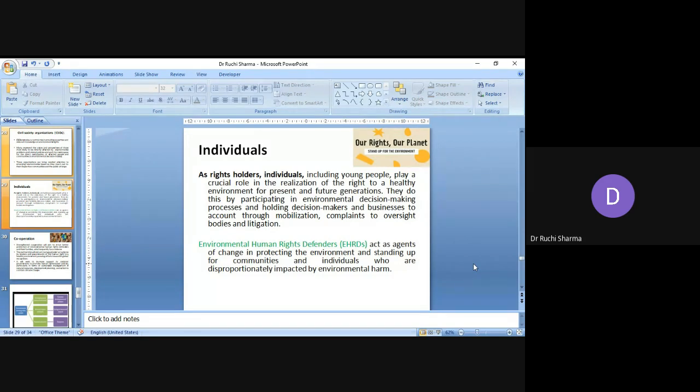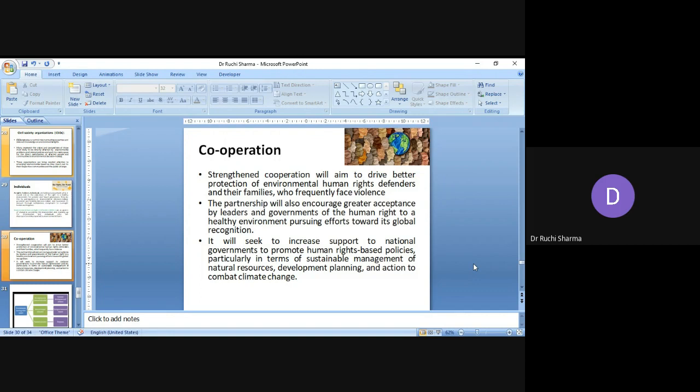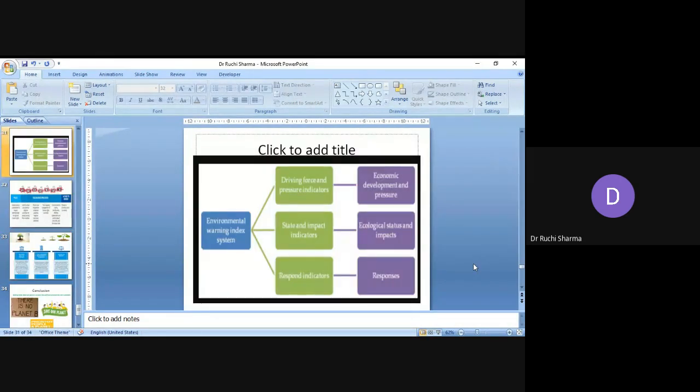As individuals, if we are attempting to bring any kind of change in our environment, we need the support of others also. We are all responsible for making the change. So cooperatively we can all come together, where it is not only the individual but also the state, the civil society organizations, and the business organizations. We all in a cooperative way can deal with the climate crisis and motivate people to live a healthy and happy life.